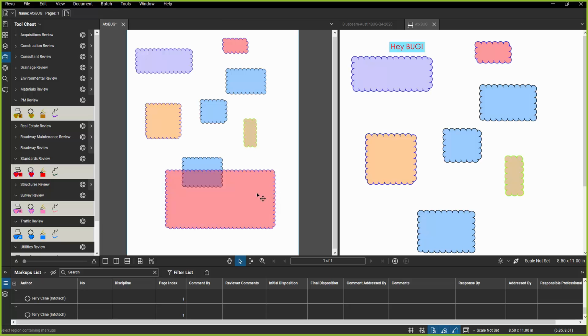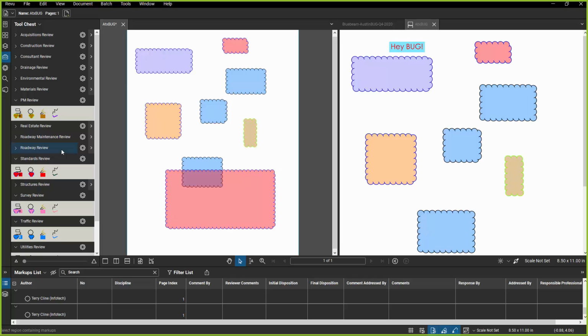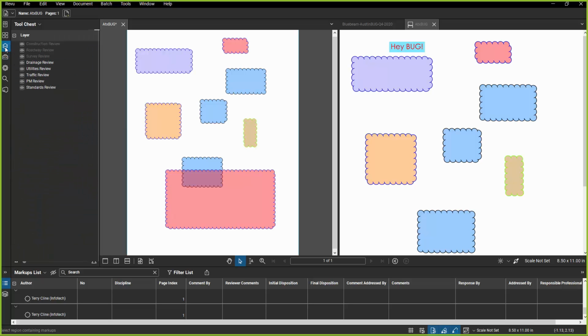Now if I click on that, right-click and go look at layers, it was created properly and placed on the standards review named layer because the tool set was set up that way, and because the PDF file contained a layer called standards review before it was uploaded